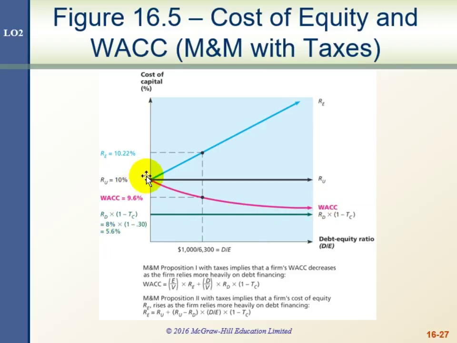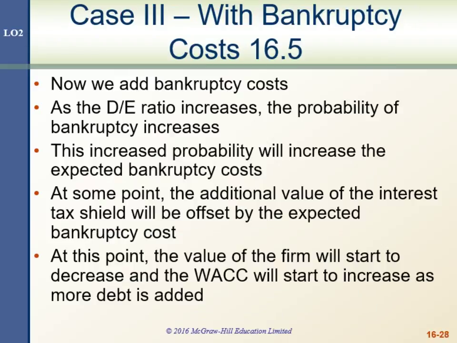So overall, the weighted average cost of capital is going down, but at a decreasing rate. The weighted average cost of capital is always going to be higher than the return on debt times 1 minus the tax rate. It's always going to be lower than the return on the unlevered firm. And so it decreases with more debt in the capital structure. So it sounds like debt is a really good thing and makes the firm more valuable, reduces the weighted average cost of capital, all kinds of good impacts.